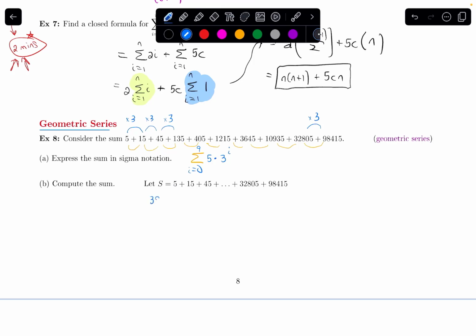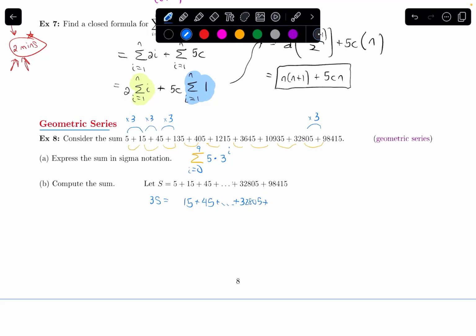So I'll get 3s on the left. On the right, if I multiply 5 by 3, I get 15. And I'm going to write that underneath the 15 on the top. If I multiply 15 by 3, I get 45. And I'm going to write that underneath the 45. And if I keep going like this, whatever the term before this one was, if I multiply that by 3, I would get